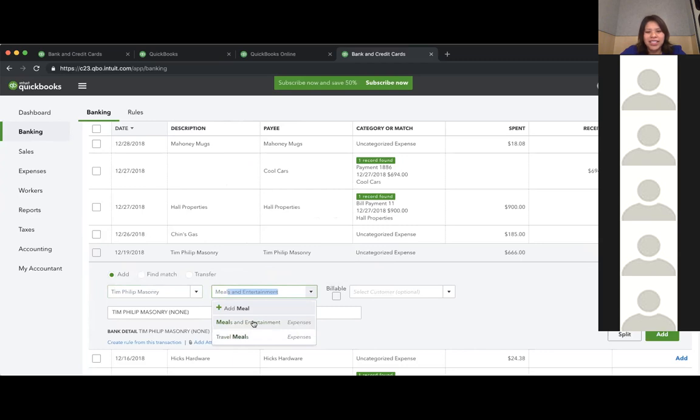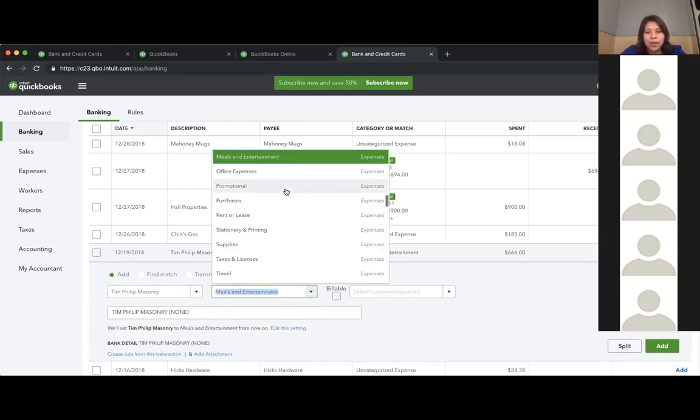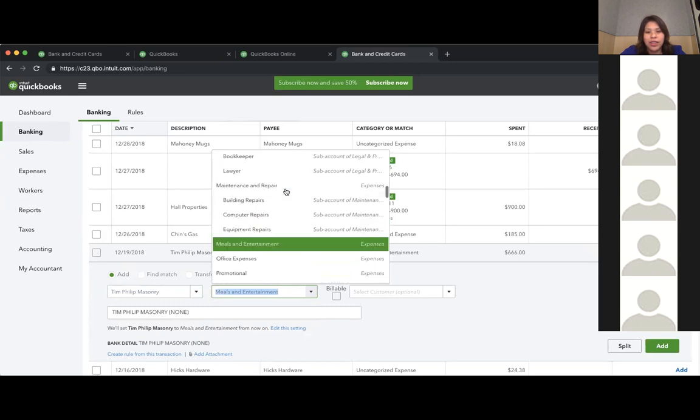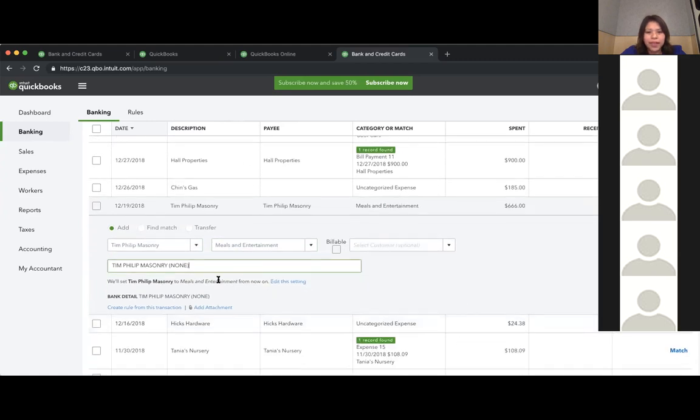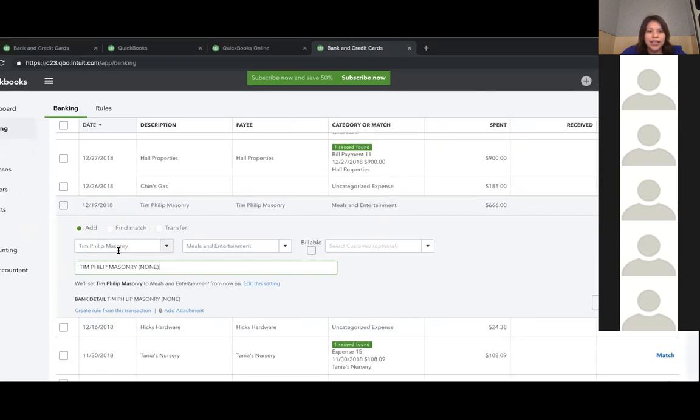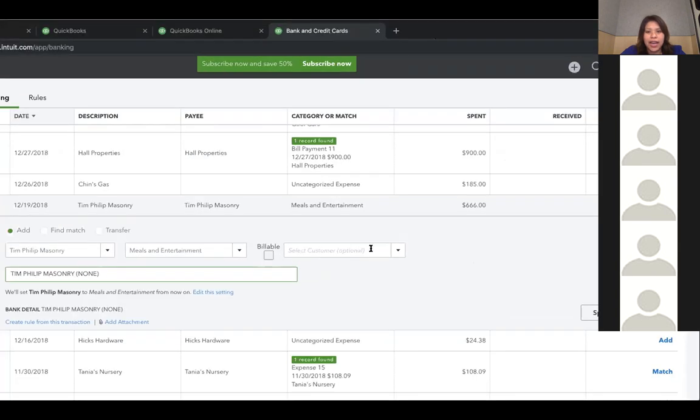So you just go ahead and select that expense category, and in this drop down, you'll see where all of your expense categories are. Now, QuickBooks has some default expense categories for you, and I think that's something I'll cover right after we wrap this one up. And you can just add this into your register. Once you've selected the vendor and the expense category, you just go ahead and click